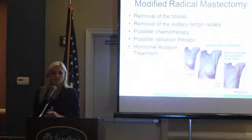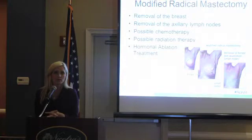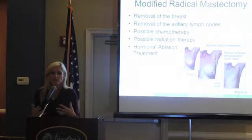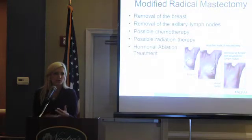So just to quickly go through mastectomy options for patients, some women opt to have a mastectomy because they're more comfortable with that option versus doing breast-conserving therapy. Sometimes we have no choice but to do a mastectomy given the size of the tumor relative to the woman's breast, or if the tumor is very advanced. A modified radical mastectomy means that all of the breast tissue is removed, the skin is removed, along with the lymph nodes, and the patients will